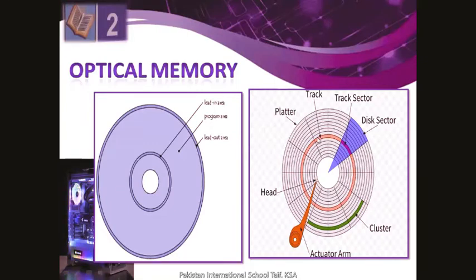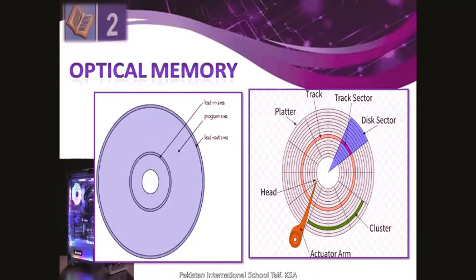We have a track ring on each side of each platter called a track, and a section within each track called a sector. This is a complete sector. A section of each platter is called a disk section. So each disk consists of platter rings on each side of each platter called tracks, and sections within each track called sectors. A sector is the smallest physical storage unit, and it is used to store 512 bytes.